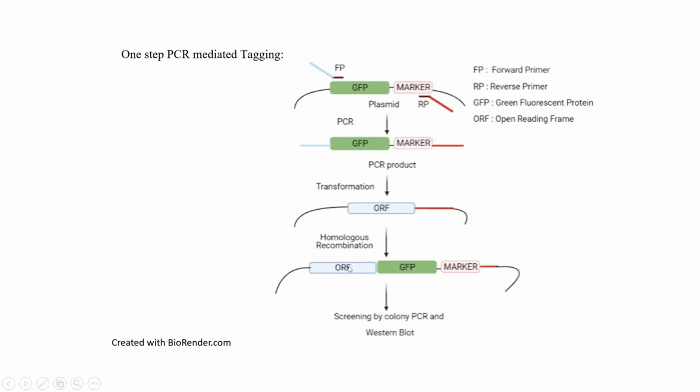Now when the gene is active, this ORF will be active, and it will code for GFP, and this GFP can be detected by fluorescence microscopy and other techniques, for easy detection of that gene of interest when it is transcribing. So you can add a certain portion of DNA and merge it into the other part by this mechanism. This is called the PCR mediated tagging process. This technique is generally used if you want to integrate a certain molecule into the open reading frame. So is this clear to everyone?